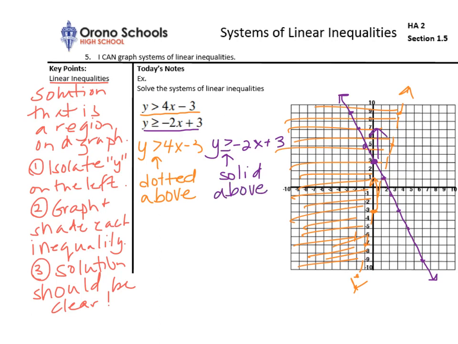And notice when we shade above, I'm going to go all the way over here on the right-hand side. If we have overlap, then there's a solution to the system, and it looks like we do. So what I want you to do is either just shade in that overlap, or make sure to darken it in carefully to show that every ordered pair in that set of shaded region would be a true